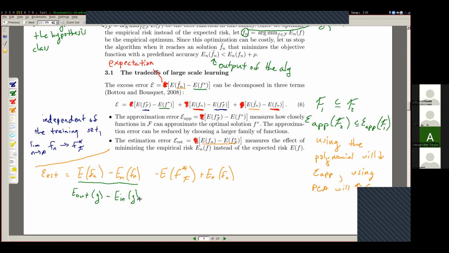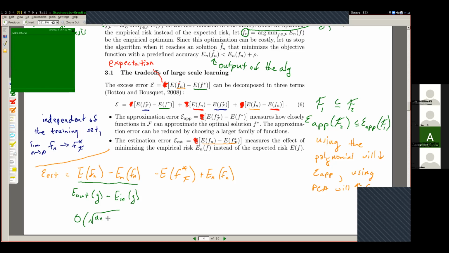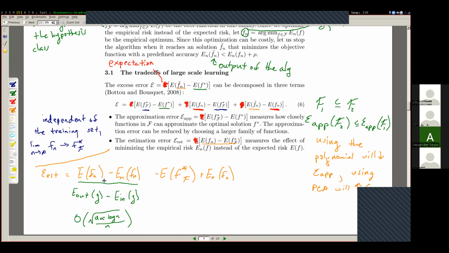And this is the thing that we talked about with the VC dimension in order to provide a bound on this. That bound was O of square root of dVC log n over n, like that. So with that translation, I was able to apply a bound on this left-hand term right there. It's a little bit tricky doing the same thing on the right-hand side, because the key thing about our generalization bound, our VC dimension bound, was that we had to have the same hypothesis in both sides. And over here, we have two different hypotheses. We're comparing the in-sample error to the out-of-sample error, but it's of two different hypotheses. And so